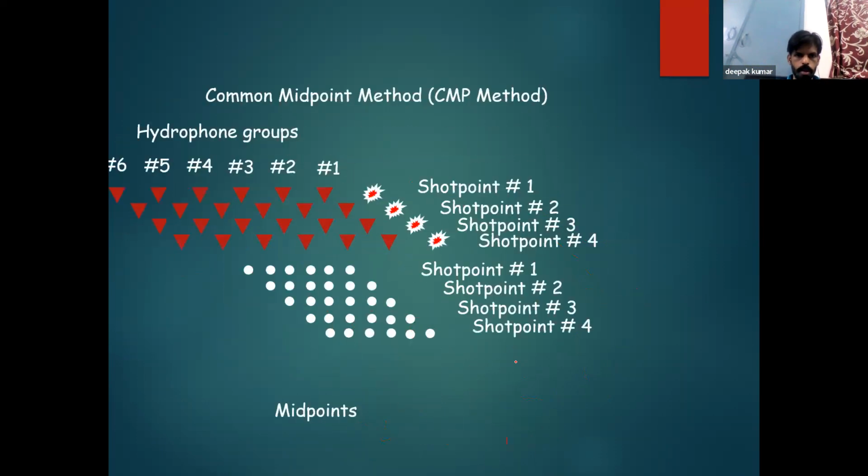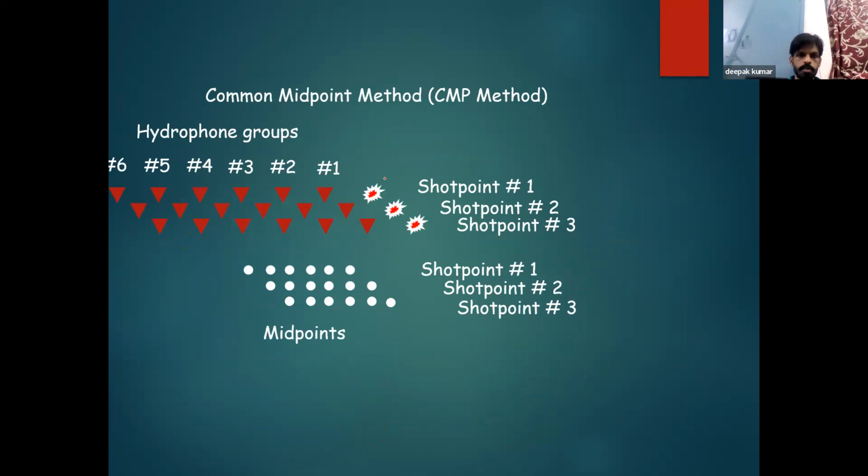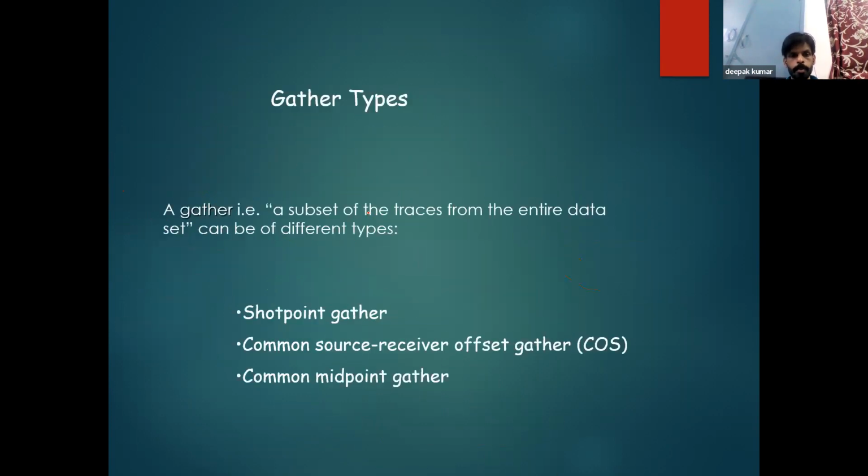I will have to go back. See, in this section, this was the initial position of my shot point one, and shot point two moved here, but the first hydrophone comes here. Okay, so considering this geometry, we make the offset receiver gather, but this is not so common for seismic data